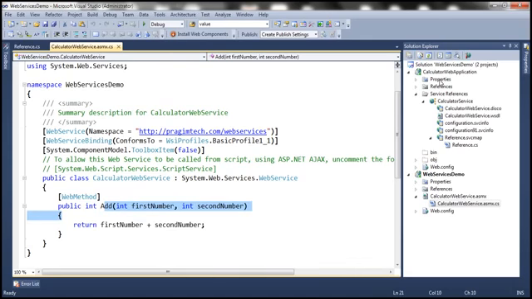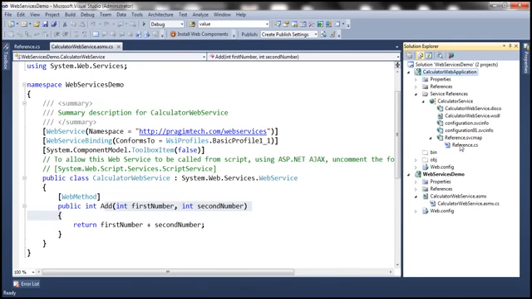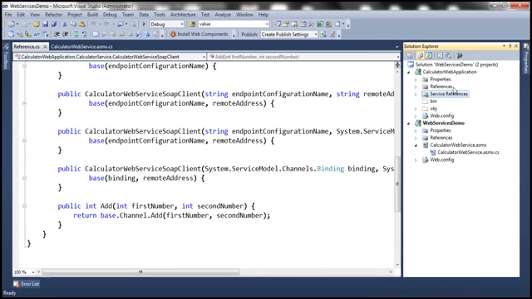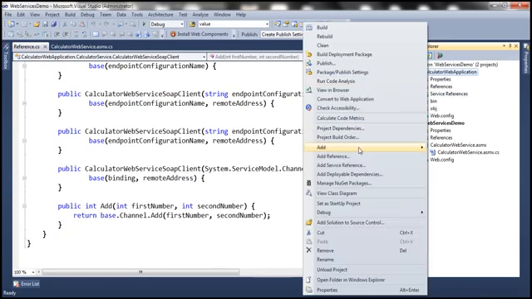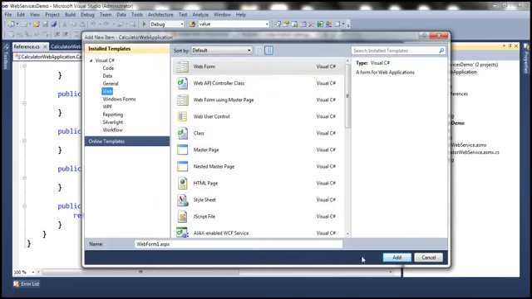Now the client application, that is our web application, is going to communicate with this proxy class, and then that proxy class is going to invoke the web service method. So let's now add a web form to this web application. Let's click Add,